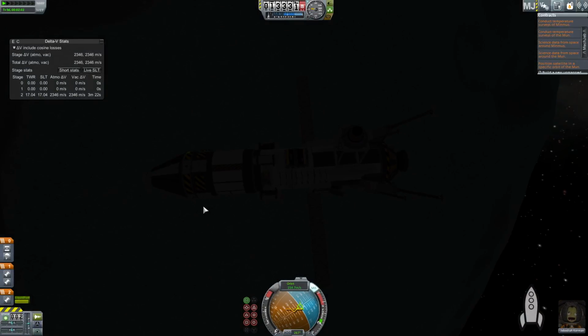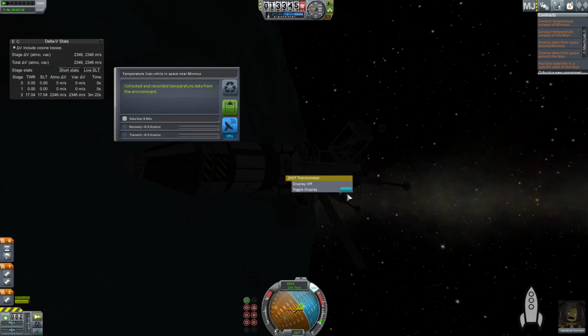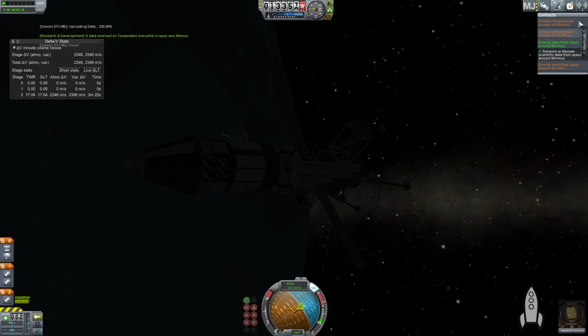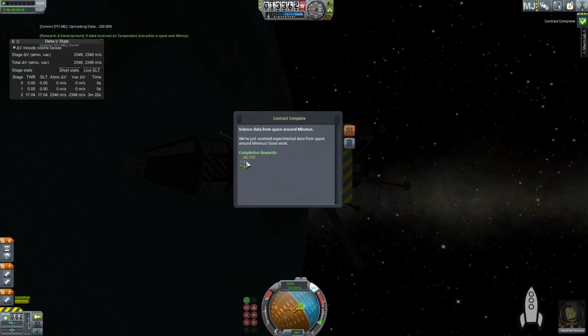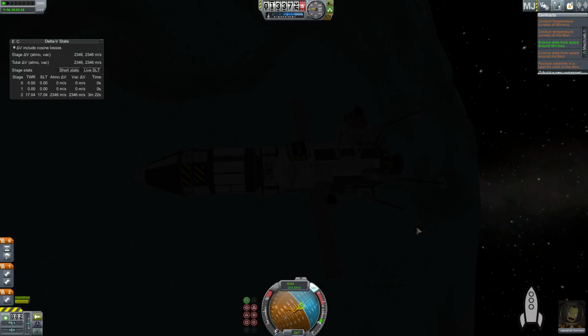We need to do just a little bit of science whilst we're here. So, you know, let's do this, I guess. Log temperature. And transmit. And that will do this, from space around Minmus. Boom. So done. That gets us what? 3 science, 46 grand, 5 reputation. Great. It gets us actually no other science other than that. But, you know, whatever. It's an easy one to knock off. Okay. So let's continue along here until